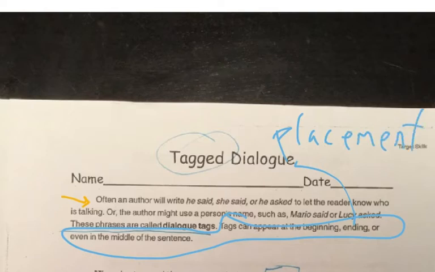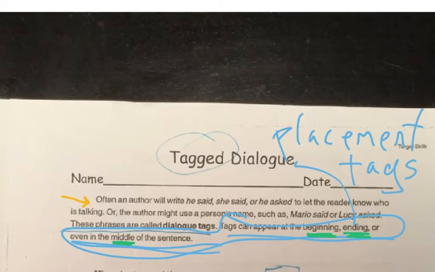And it kind of comes down to this, and I want you to go ahead and write this word: placement. And then I want you to underline this sentence right here, and maybe even bring attention to the fact that, with a different color, the placement, the location of a tag, can be the beginning, the ending, and I'm really going to talk to you because it's kind of cool to have them in the middle of your sentence. So bring attention to those 3 locations and write that this is the placement of tags, because they can go in 3 different places. So if you need to pause the video to take a second to do that to the directions, go ahead.